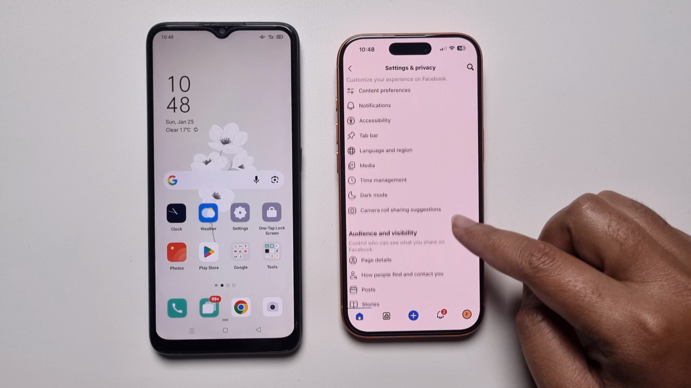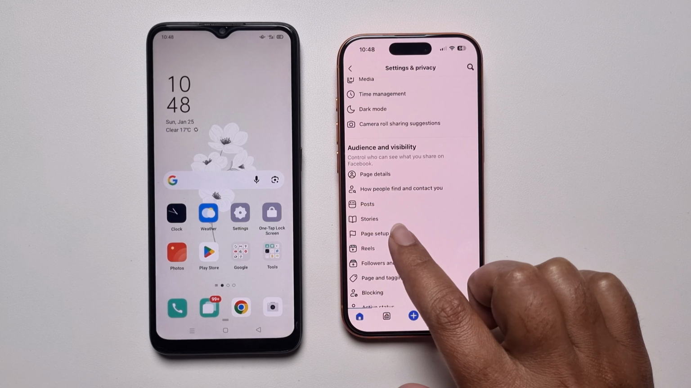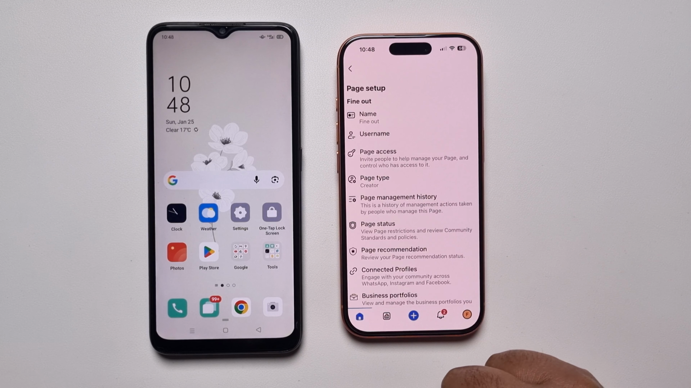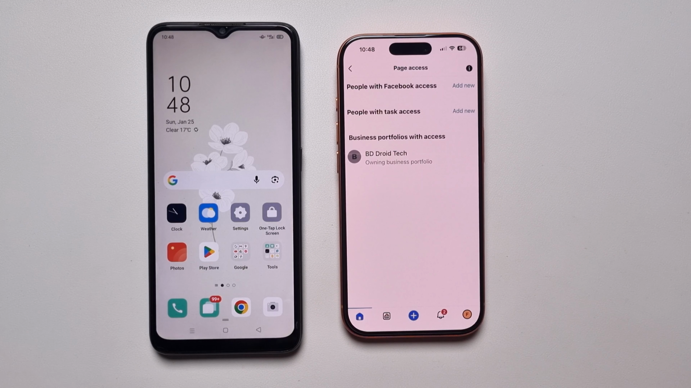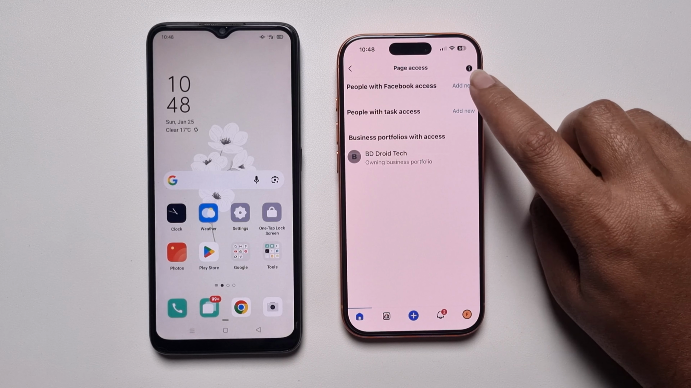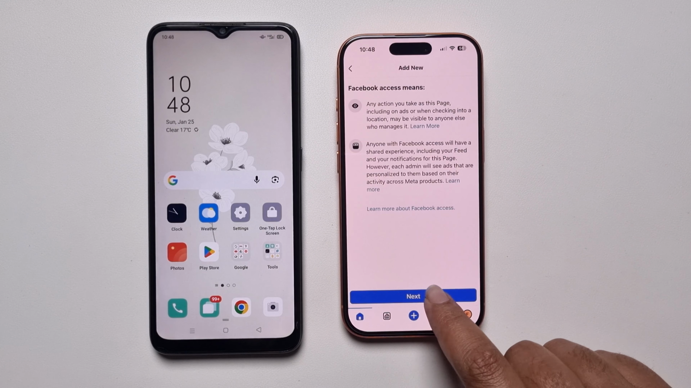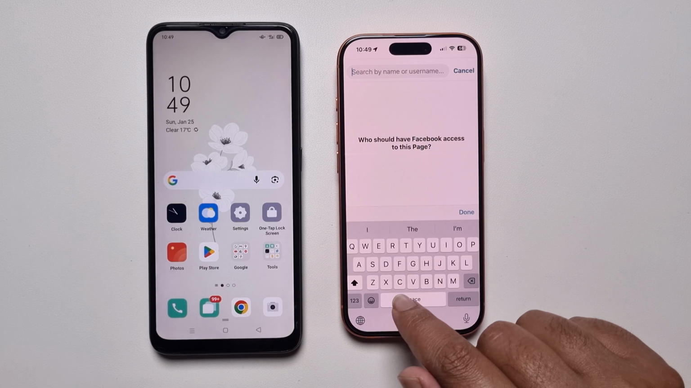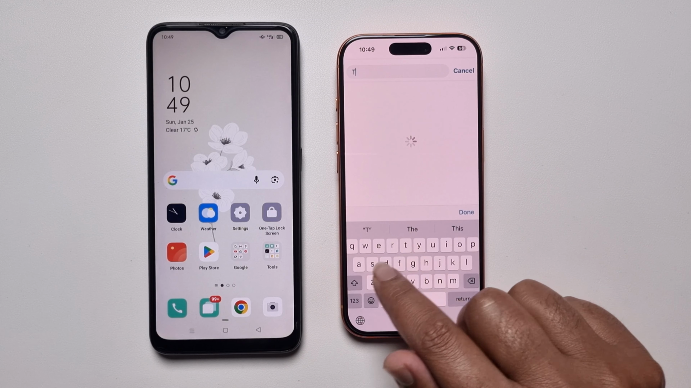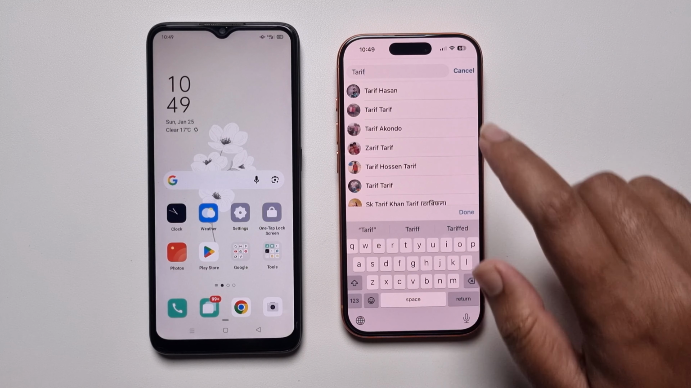Scroll down, you get the page setup option, showing page access. Okay, and click on add new. Press on next, and you just search here for your access owner's name, select the account,